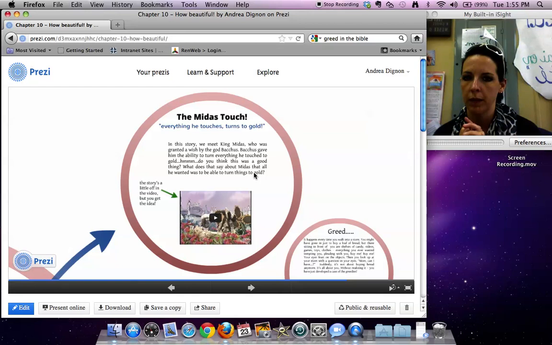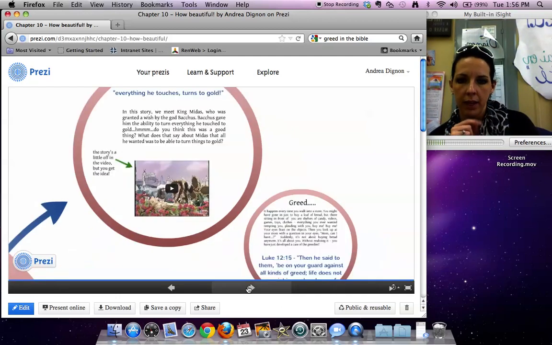One of the things that happened to him during this whole thing is that he actually turned his daughter to gold. Now, for those of you who have younger sisters or older sisters, you cannot be thinking that you're going to turn your older sister or younger sister to gold just because you're like, oh, maybe that will make her stop. You know, no. No. We love our siblings. But anyway, just think about that, and we're going to discuss it in class.